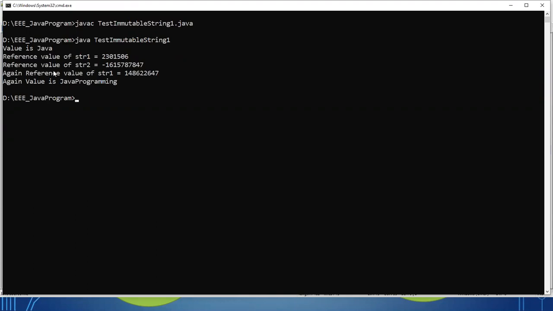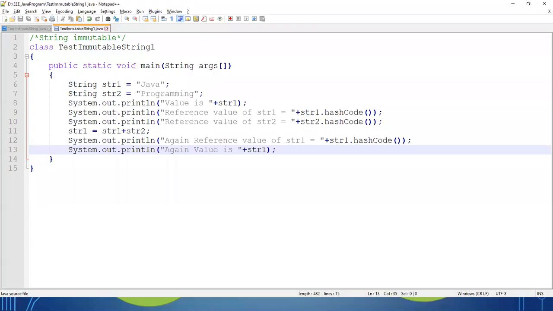Now you can see, first I'm printing the value. The value is Java. So what have I written? I have printed the value of str1. Clear? So whenever I'm printing str1, now Java is being displayed.